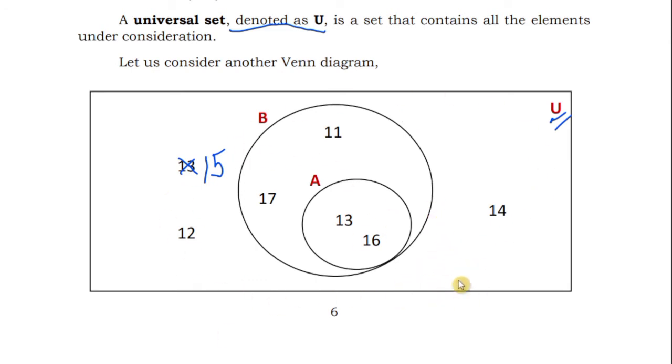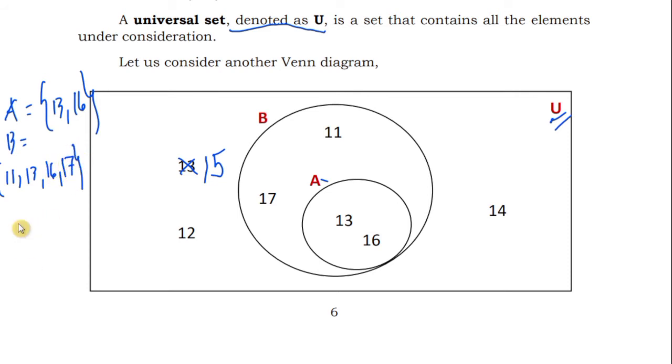So in this case, we can go with a given: set A has 13 and 16 as its elements. B is equal to the set 11, 13, 16, 17. And our universal set in this given is equal to the set